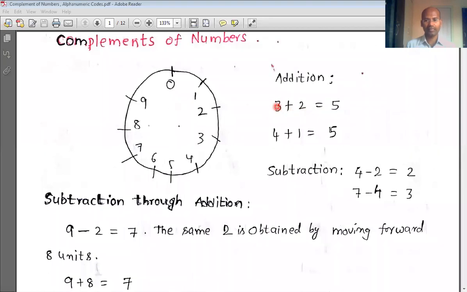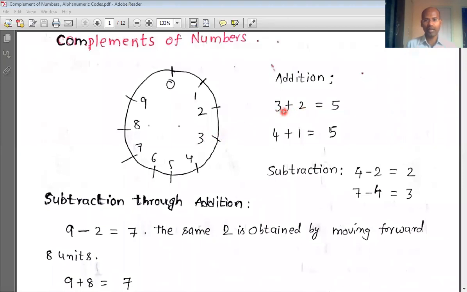So take 3 steps from your initial position. Right now we are at 0. To have 3, we have to take 3 steps. From 0 to 1, 1 step. One more step, so we are at 2. One more step, we are at 3. So the first step brings us to 1, the second step brings us to 2, and the third step brings us to 3. After 3 steps, we are at 3.